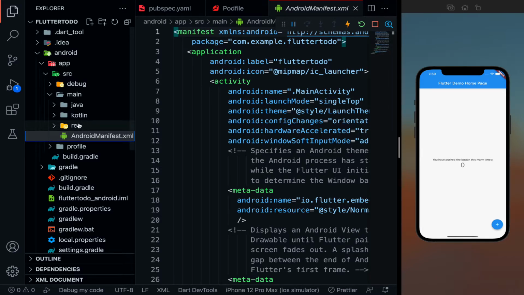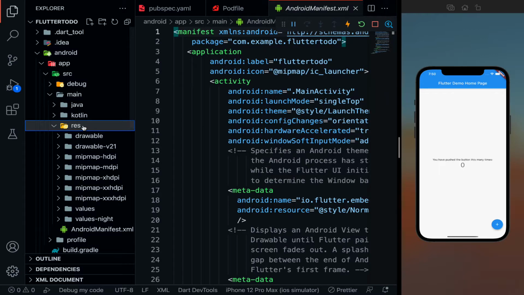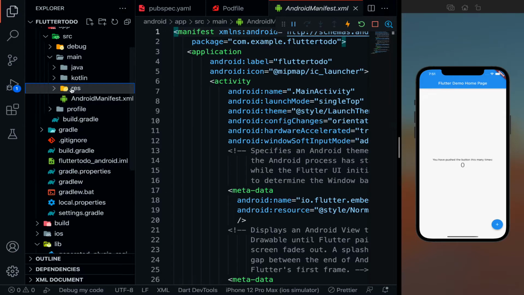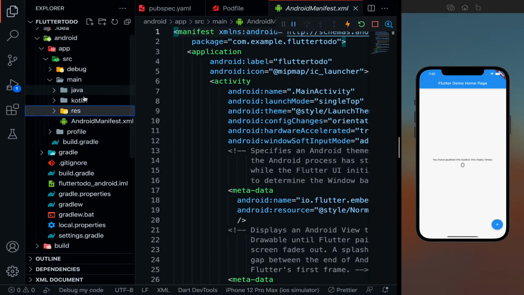And this is the resource folder, you can see over here. This is going to contain your app icons. It is going to contain your splash screen. Splash screen is nothing but the screen that appears for 2 to 3 seconds when your app starts. Everything will be contained in these folders for different dimensions. You can see mipmap, MDPI, XHDPI. These are the different dimensions depending upon your mobile screen. So this is the resource folder. This is the Java and Kotlin folder, you don't have to worry about it for now.